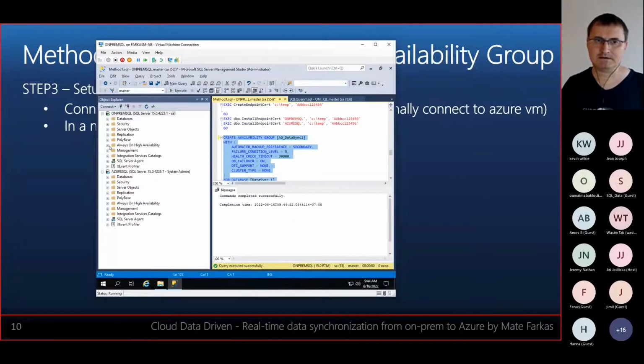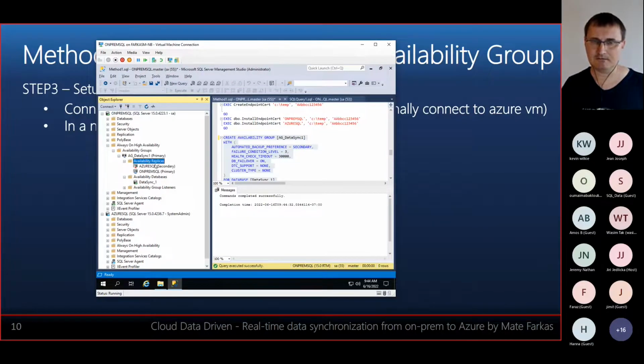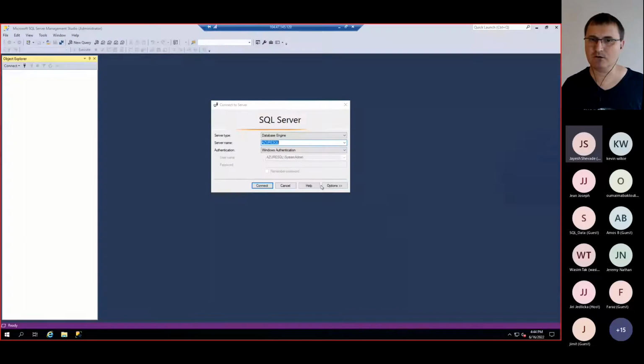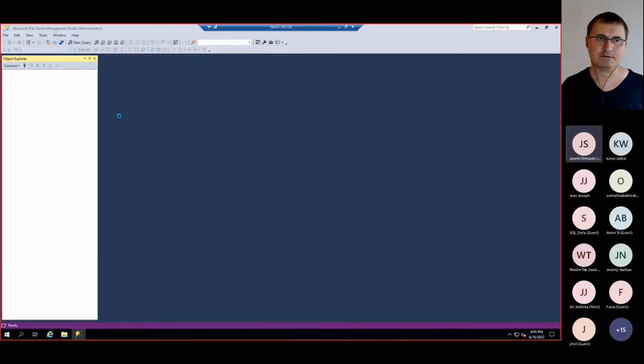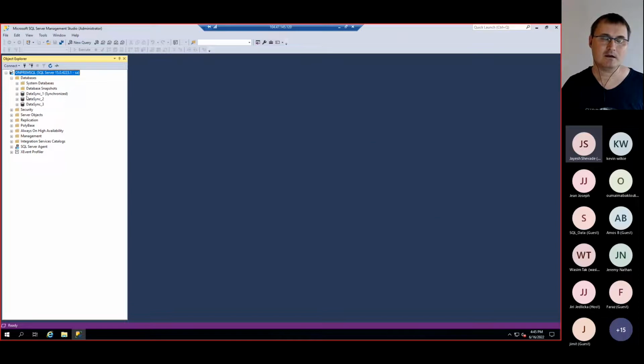Okay, it's done. Let's see the availability groups here. It's done. Databases is here. The Azure SQL doesn't work yet. Okay, let's see what happened in Azure SQL. I try to connect to on-prem SQL. So I can connect from the Azure virtual server to my on-prem SQL server this way. Here I can see the databases. I can see here the availability group, but if I connect here,